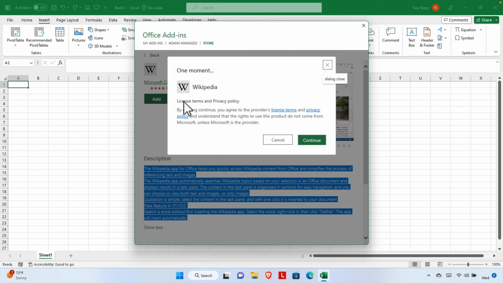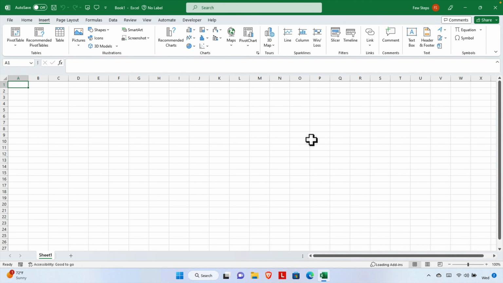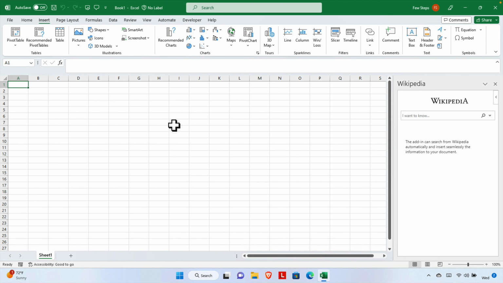So I'm going to click add, and then it will ask something like this. There is some text and two buttons: one is cancel and the other is continue. If we press the cancel button or close button, then this extension will not be installed. But if we press this continue button, then this extension will be installed with the Excel software. Our goal was to install an extension, so I'm going to click continue and it will start installing. Once it is installed successfully, we will find the Wikipedia extension which we just installed